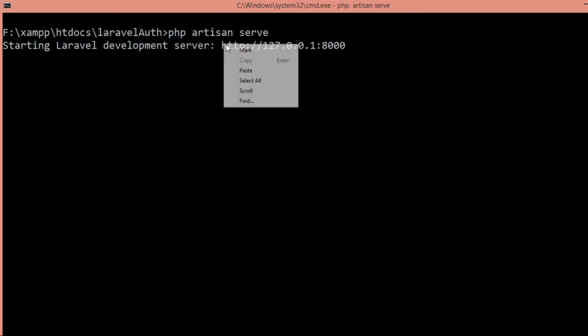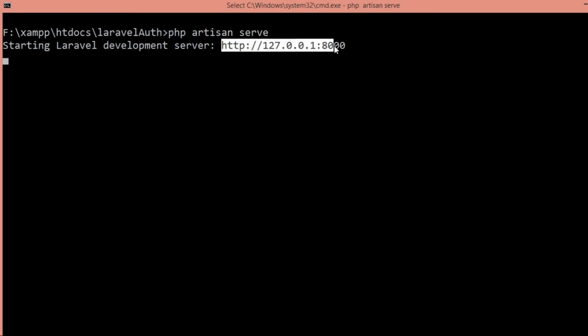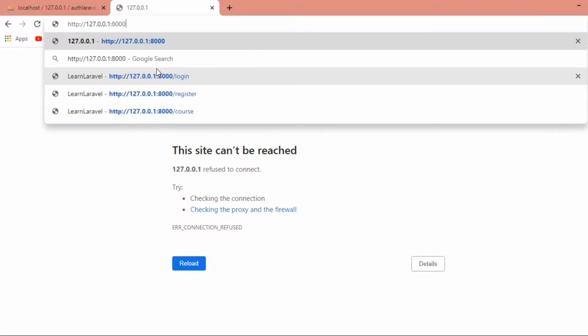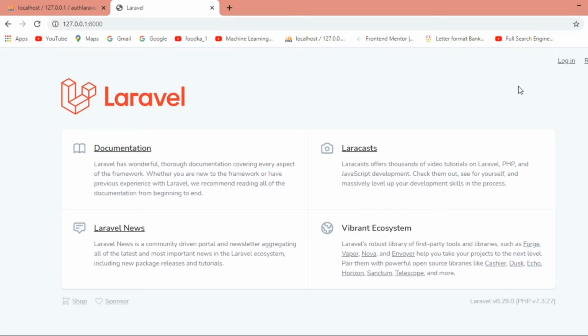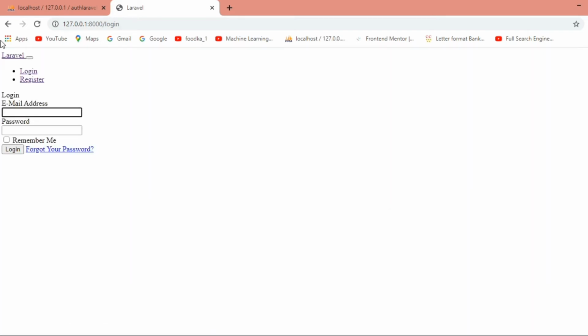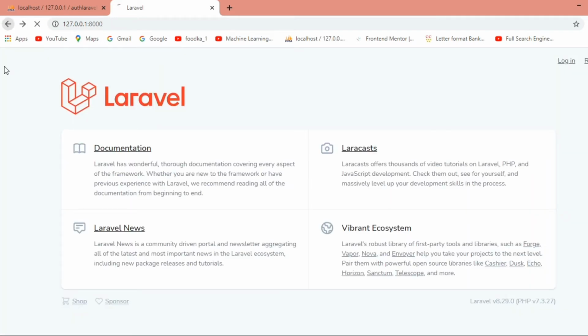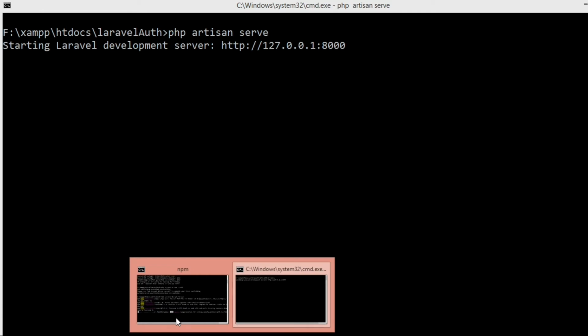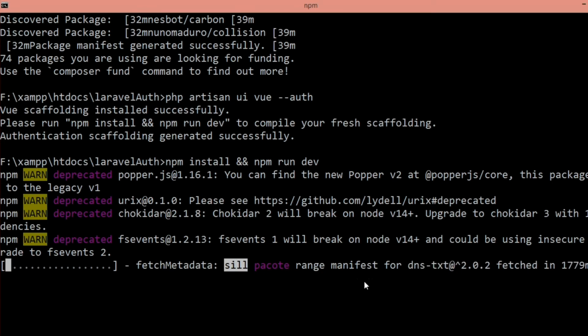Now let me run this URL. Okay, now guys, you are able to see this login and the registration form. You can see the UI has not been installed, so the process is still going on. After this, the UI will be ready.